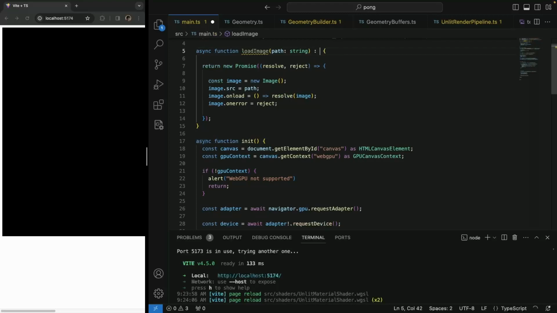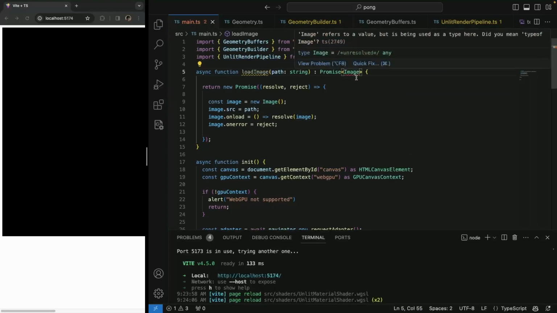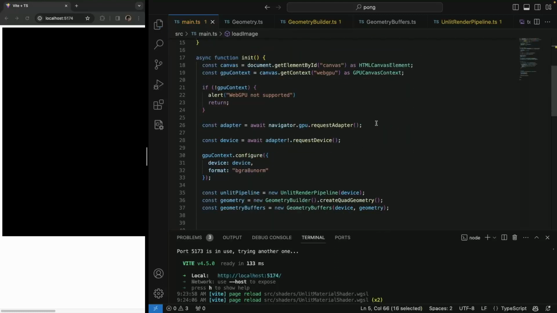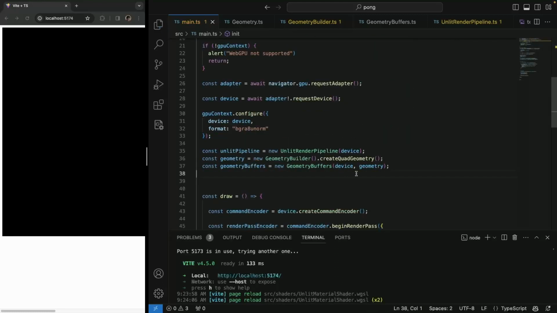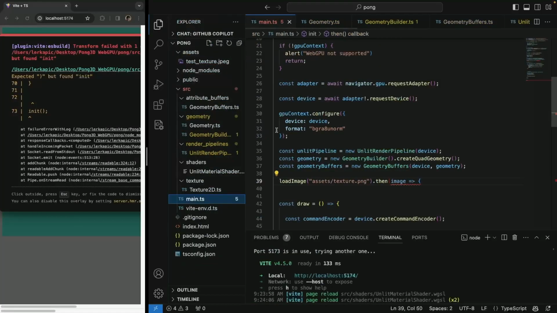And just so that we know what we're returning, it's a promise and the type is HTML image element, right, which we resolved here. It's actually image, not image element. But that's actually an interface, so we're going to say this, and then we can actually load it. It's not assets, it's called texture, and let's just say here image is await load image test texture,